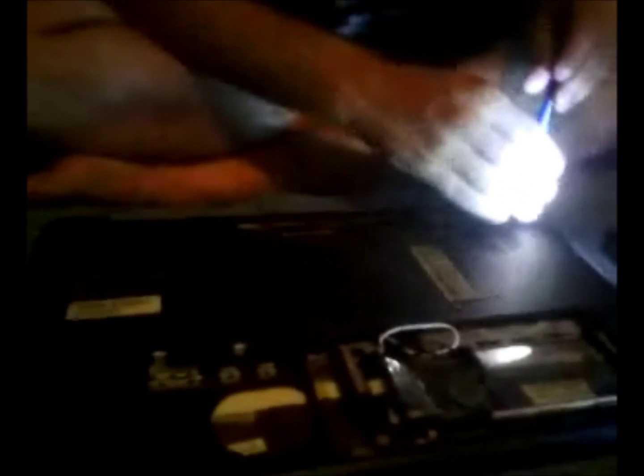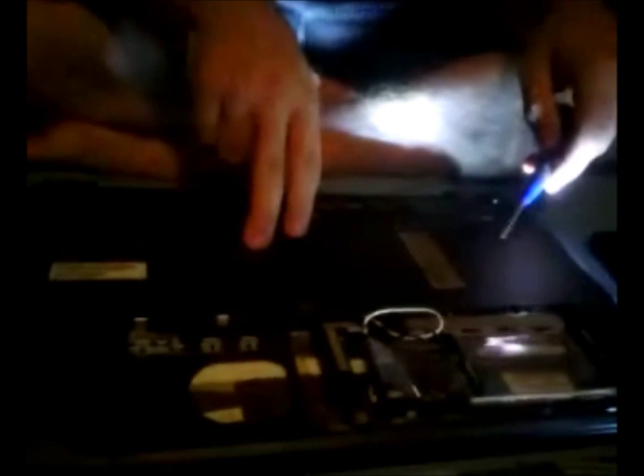Now, Phillips head, unscrew the screw that goes to the wireless card. Alright, all those are done, and for this last one,